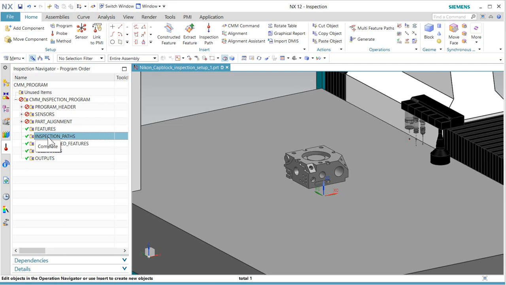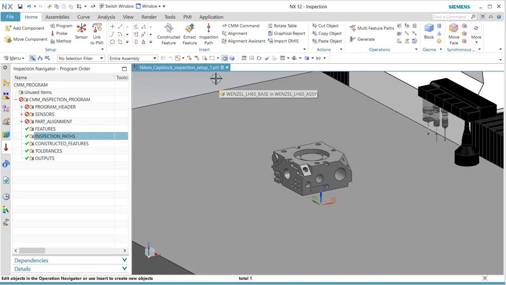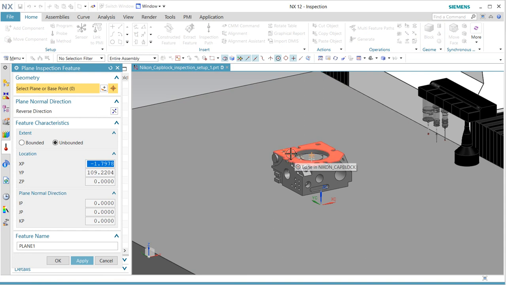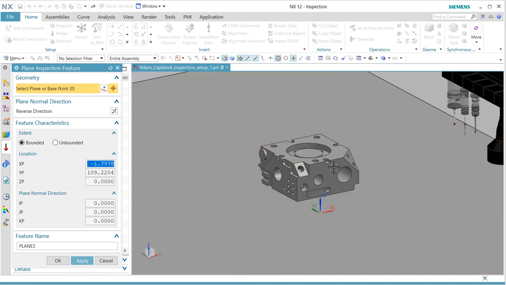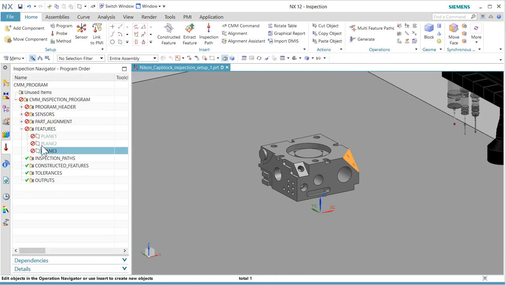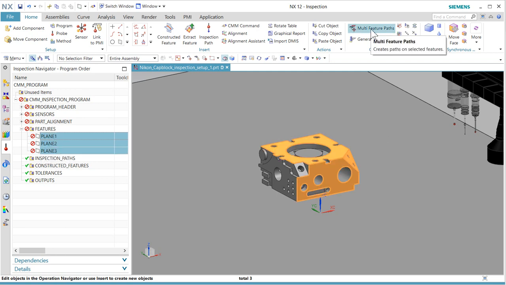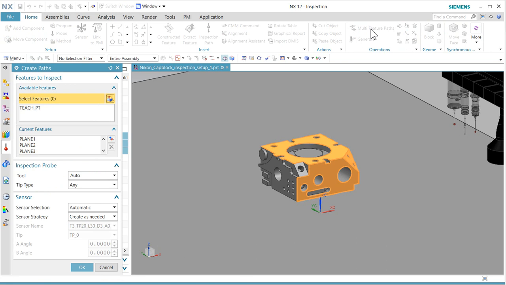So first I'm going to show you the manual method, kind of the worst case scenario that you would have to do to create inspection paths. I'm going to create a simple plane, and I'll create one on the front and maybe one on this angled face. So I've got 3 features now, and I'll just select those, and there's a very convenient multi-feature path creation, so